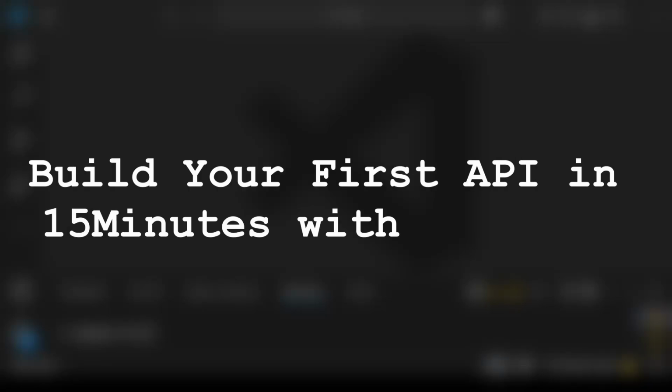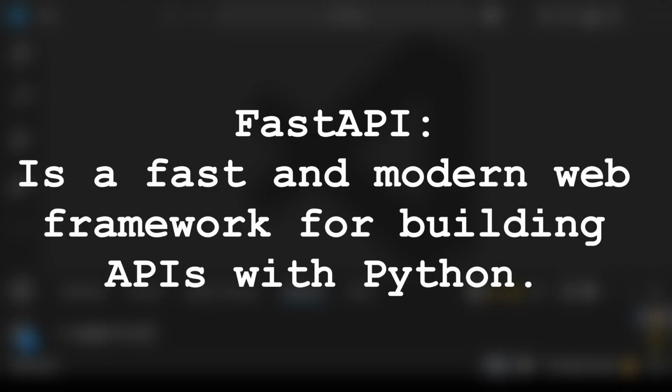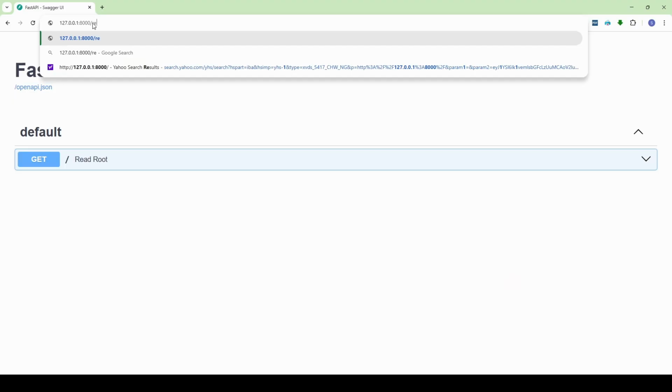Welcome to today's tutorial. In this hands-on guide, we'll be diving into FastAPI, which is a fast and modern web framework for building APIs with Python. It's powerful, easy to use, and incredibly efficient for building projects. Whether you're a beginner or have some experience, by the end of this video, you'll be able to build and